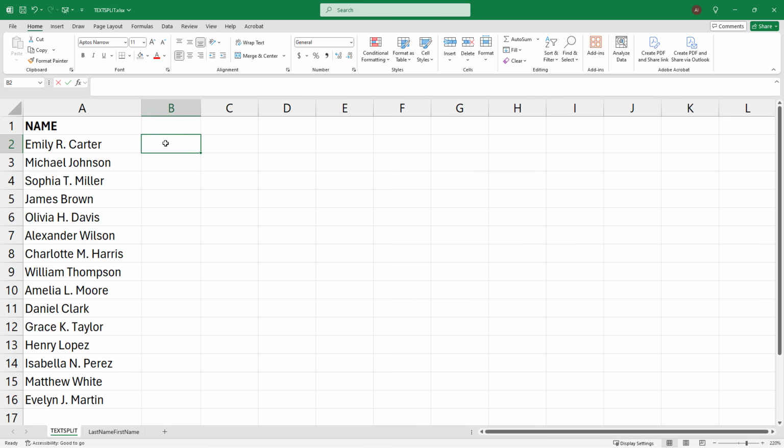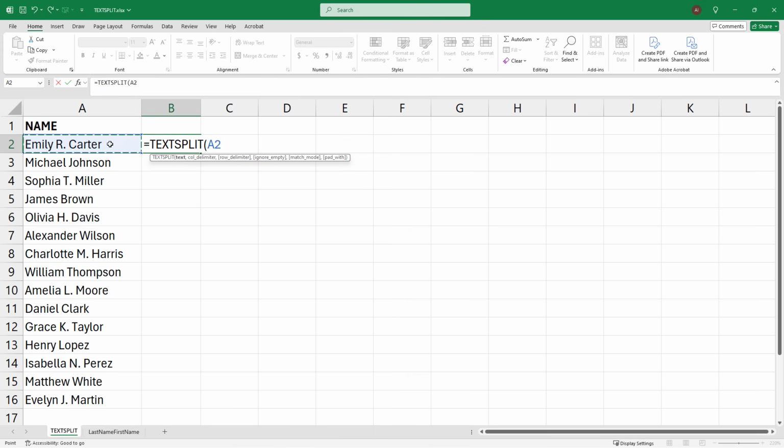So just enter the equal sign, TEXTSPLIT, open parenthesis, and then there's multiple parameters you can send in here. We're only going to need 2. The first one is the text that we're splitting. In our case, it's going to be cell A2 here, so I'll just select that with my mouse, and then comma,